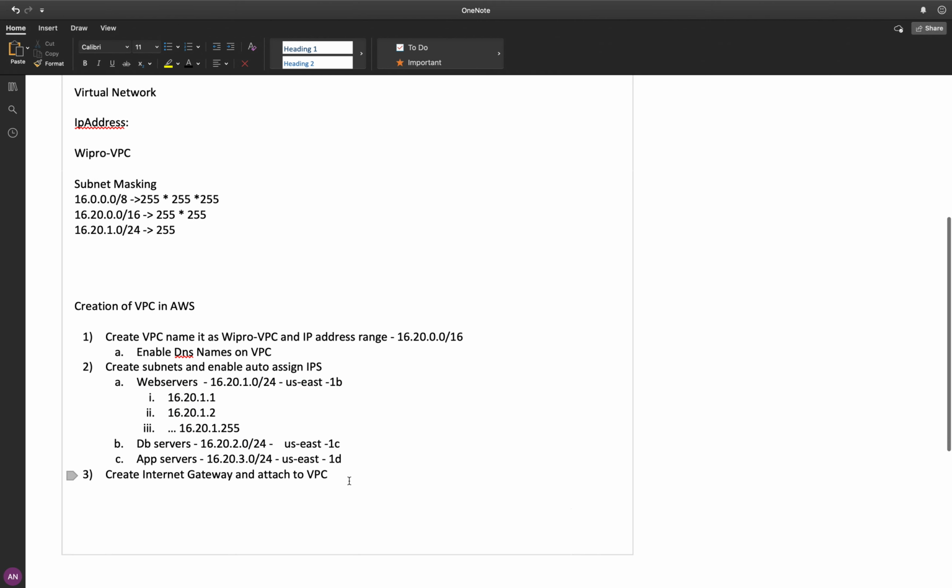Now let me make use of the default routing table and add subnets to it. That means when I say add subnets, all these web servers, DB servers, application servers, everything I need to attach to this routing table. Okay, this is the fourth step.